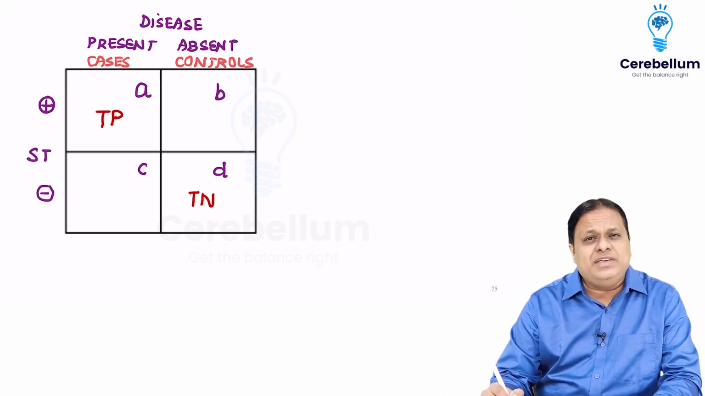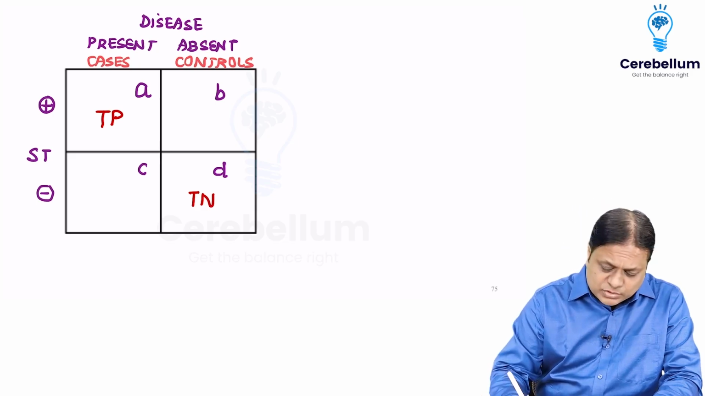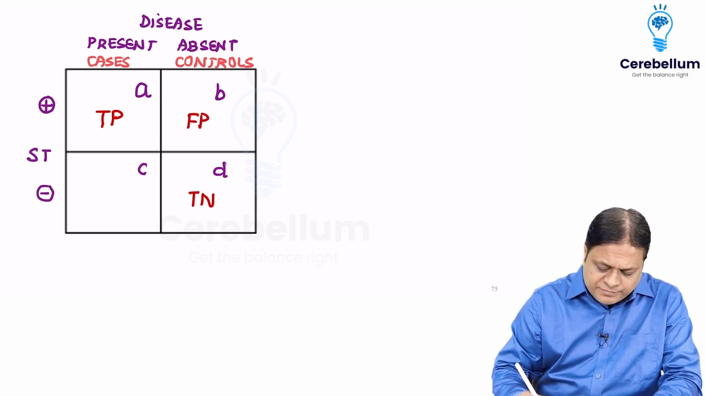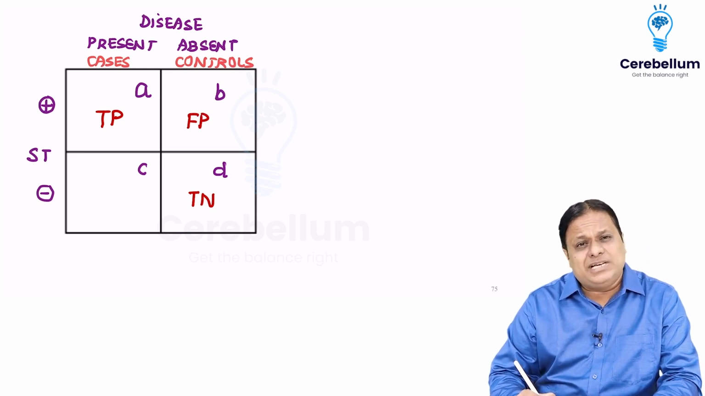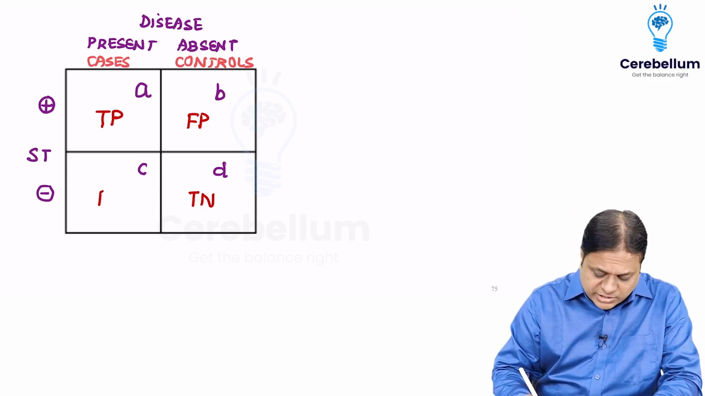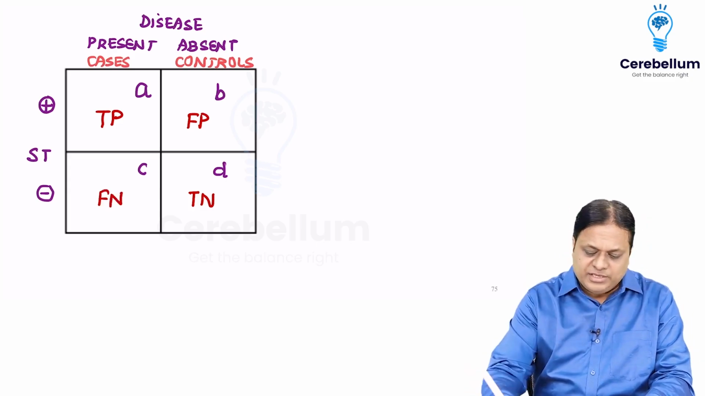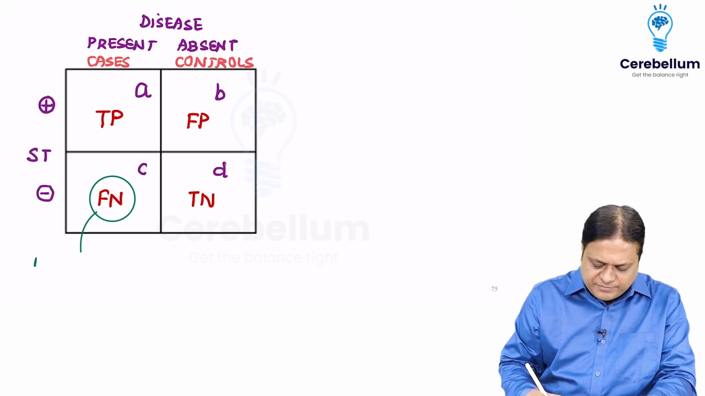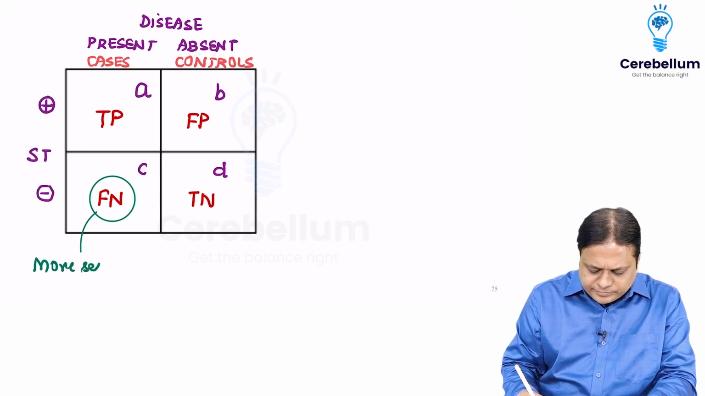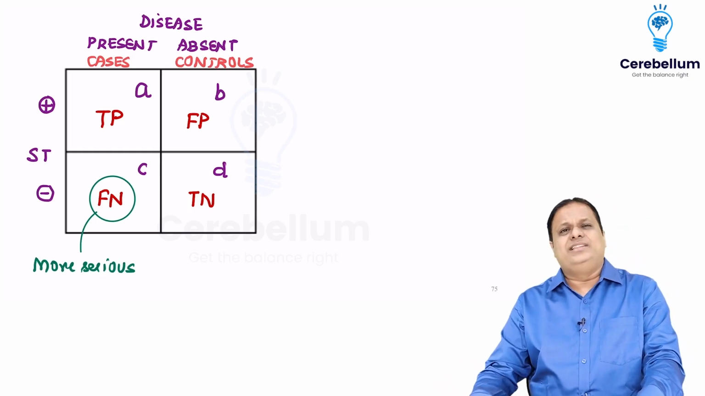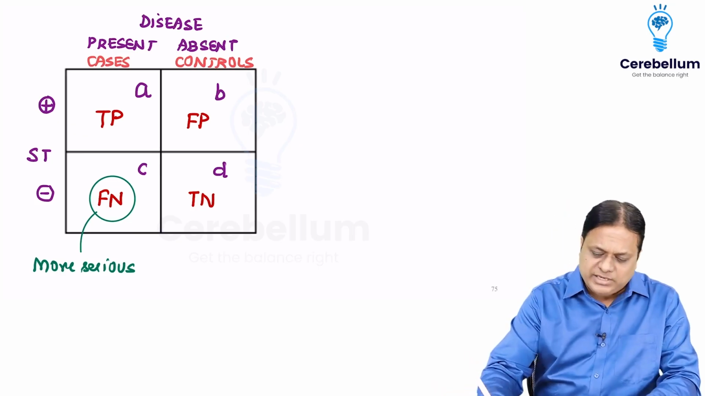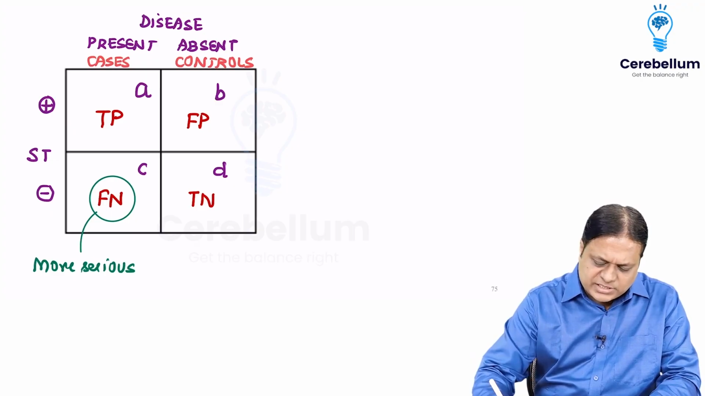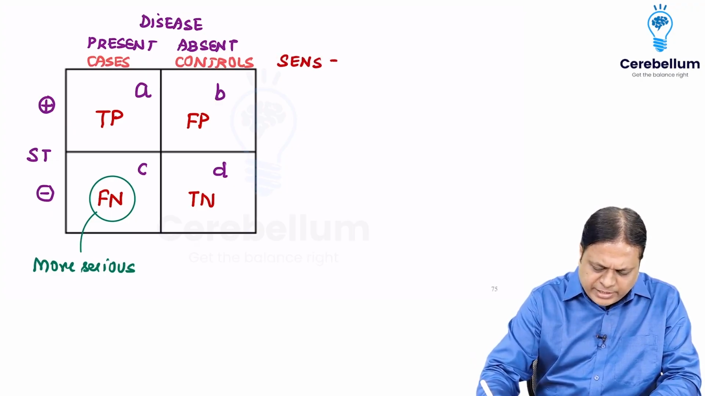B, HIV absent but the screening test like ELISA comes positive. So this is false positive. And C, HIV present but ELISA comes negative, false negative. False negative is a more serious error in diseases like HIV and cancers. Now to understand these properties, we have to memorize formulae. Let's look at them. Sensitivity of a screening test is A upon A plus C